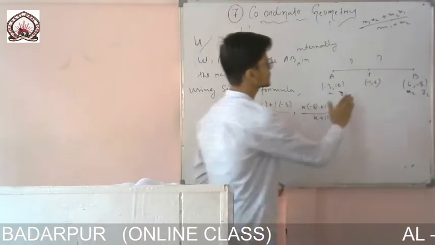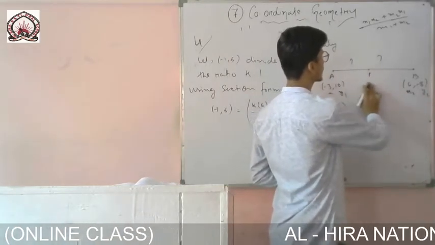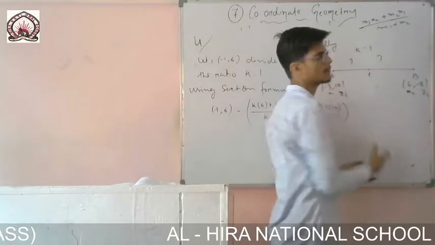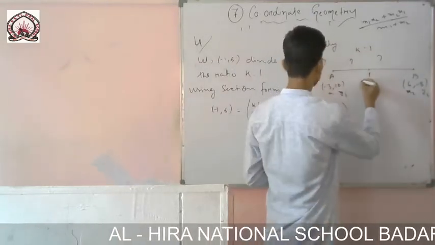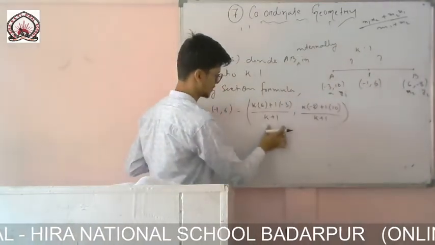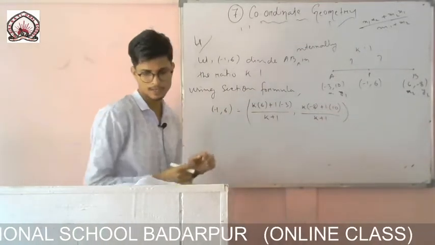Normally if this point is not given in the question, then the coordinate of this point, if the line is divided in the ratio k is to 1, we find directly by using the formula. But here the point is given and the value is given, minus 1 comma 6, that means this one is equal to this one and that one is equal to that one. So on comparing we can write,